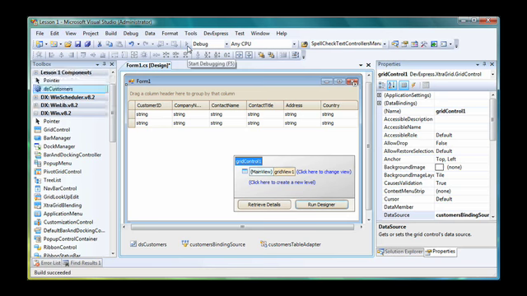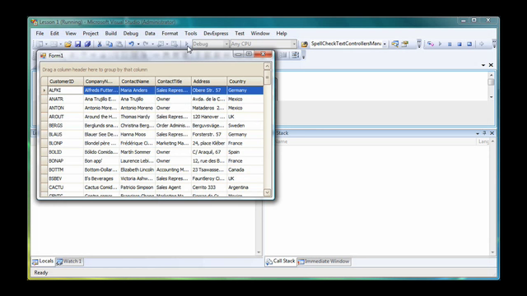Finally, I can run the application to see the result. A grid control filled with data from the